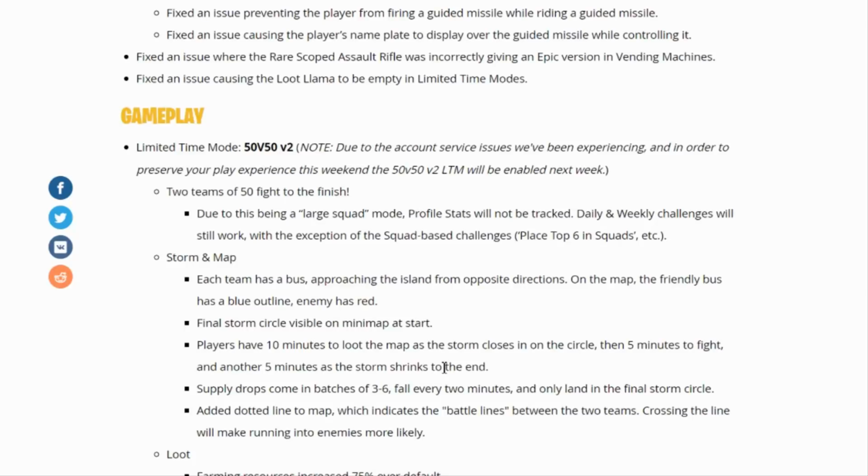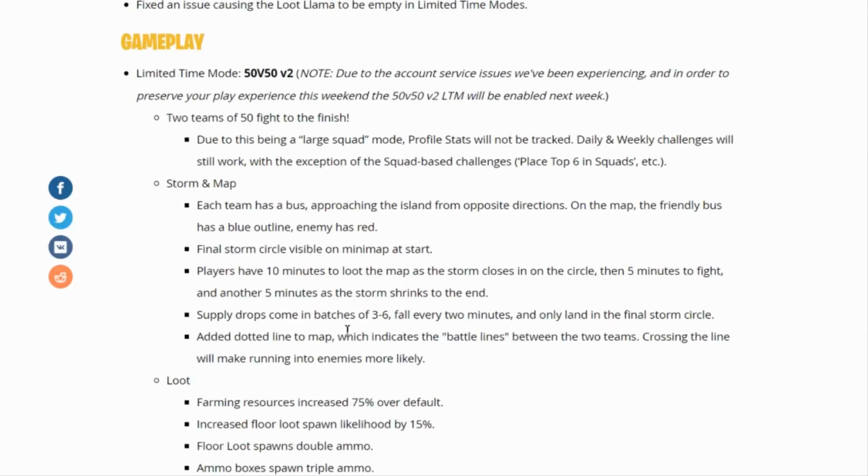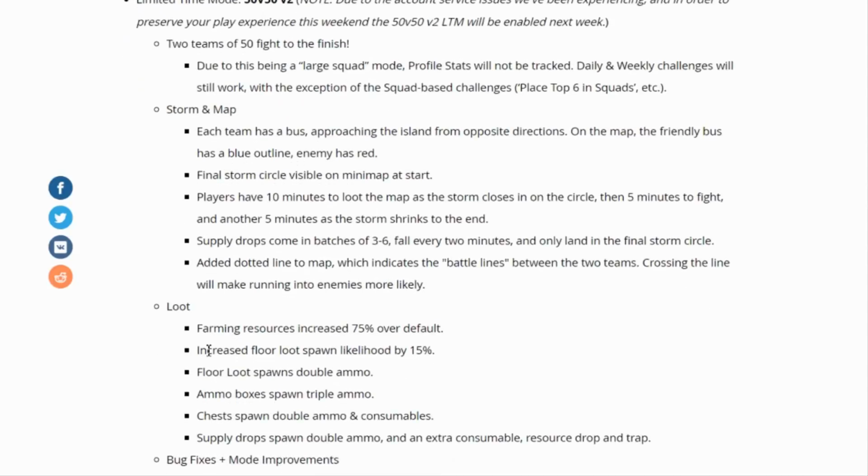The fights are going to be extended because there's so many people. If the circle comes in a lot more frequently, people want to be in these big gunfights for quite a while, so they don't want to be pushed out of the circle that much. So you guys can read this. It's really interesting. They're making it so you can farm resources 75% faster. This is just going to make it so you guys can get resources, more ammo, more drops. There's going to be guns everywhere, because